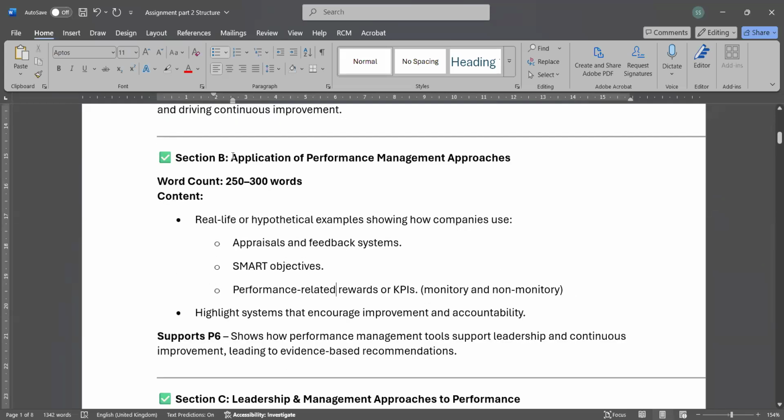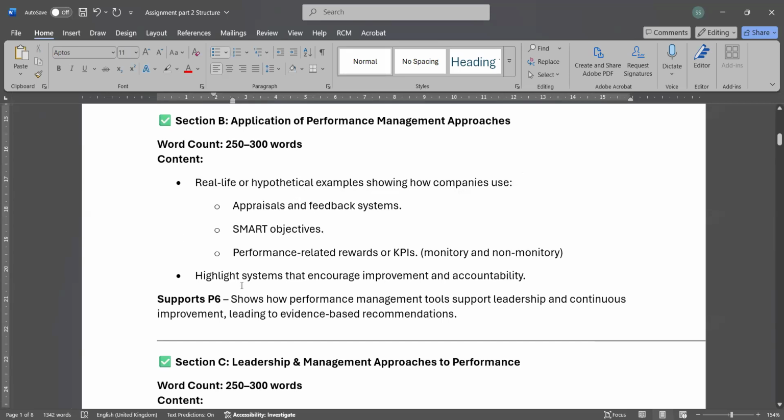Then your main focus is how you will be using these performance management approaches in an organization. So you are taking the example of some companies. In this company, they are using a reward system, they are using the appraisal system. So how is it helping to manage the performance?